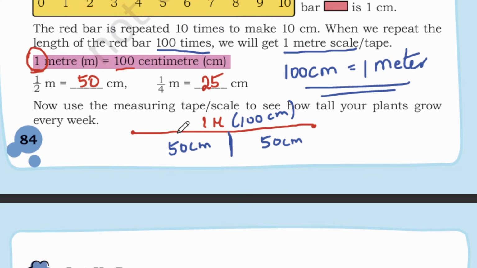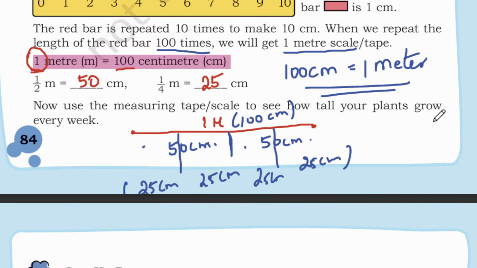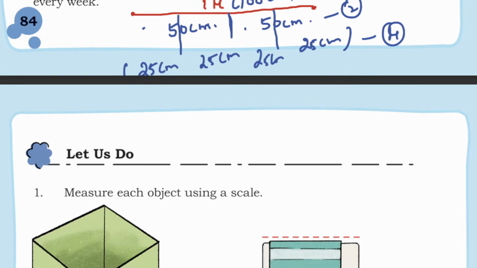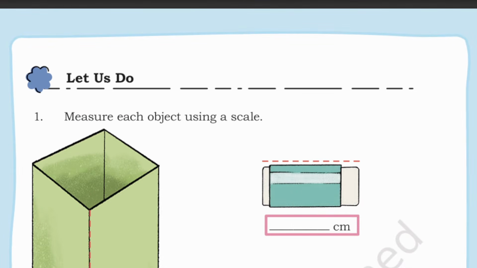So 1 by 4, if I divide this into 4, this is the first part, second part, third part, fourth part. So each is 25 centimeter. So 25 centimeter, 25 centimeter, 25 centimeter and 25 centimeter. So how many 25 centimeter? 4 times 25, 2 times 50, 1 time 100 makes a meter. Okay, very easy, don't get confused. Next,